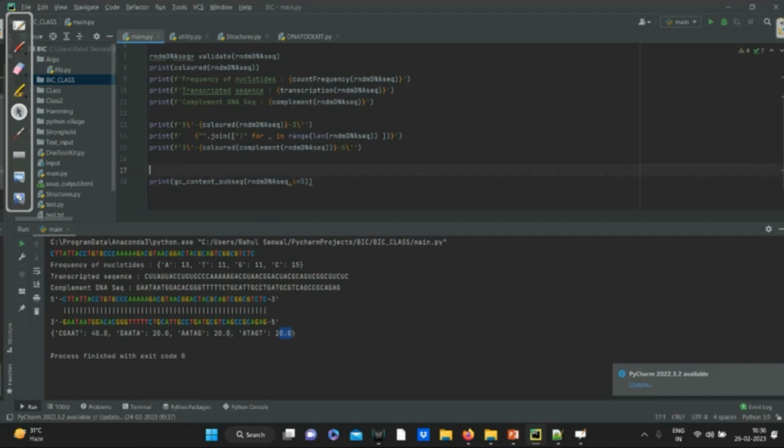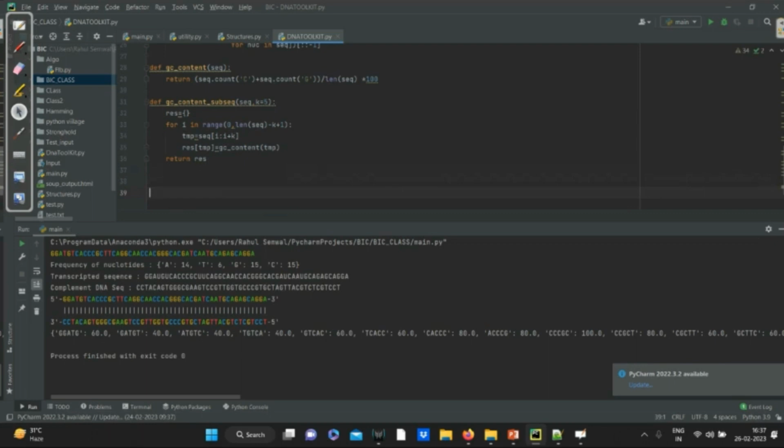Got this one? You can write the code something like that. So in this one I am writing the 5 time. GCATG, 60% of the time GC content is there. Similarly, in the next substring, 40% of the time GC content is there. Like that, it is giving me the answer. Now the next thing is that